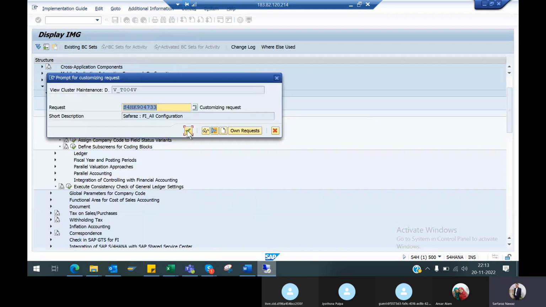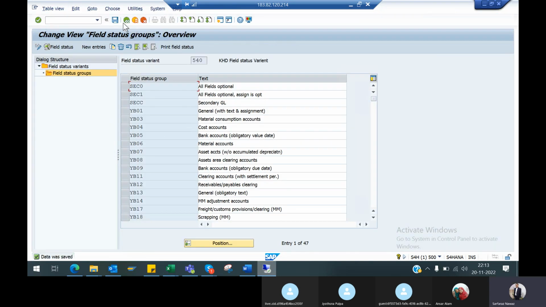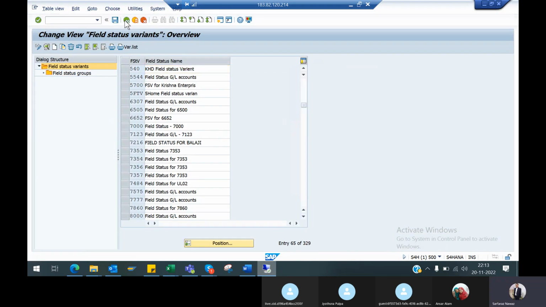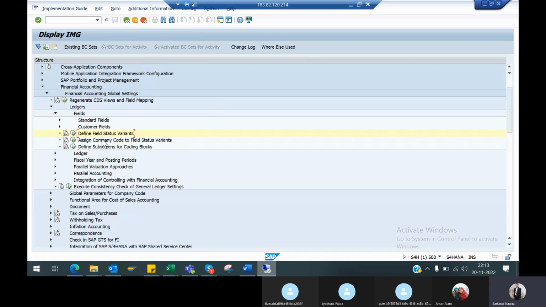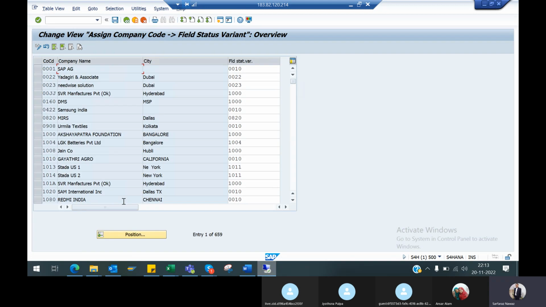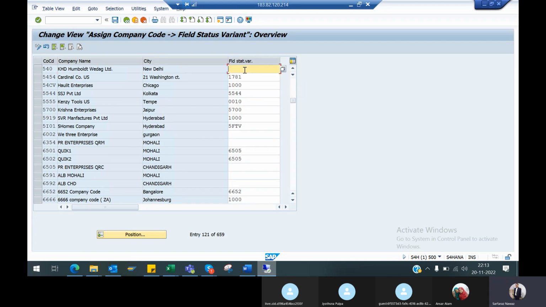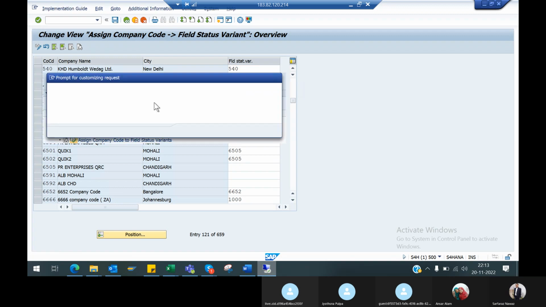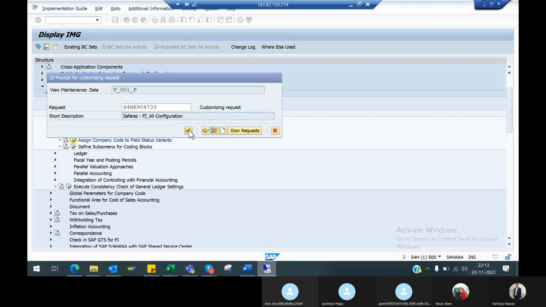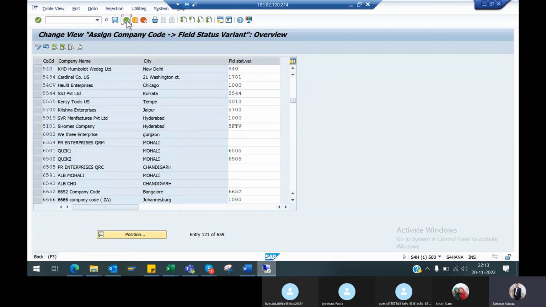Save, go back, assign company code to field status variant. As I mentioned, we have to assign this to our field status. Okay, 540 is there, hit enter, save it, save the configuration. Got it,